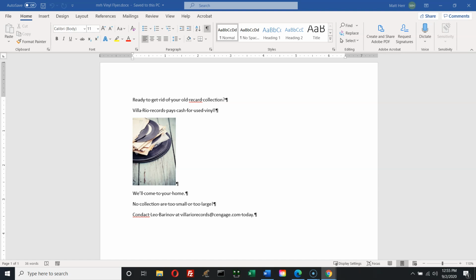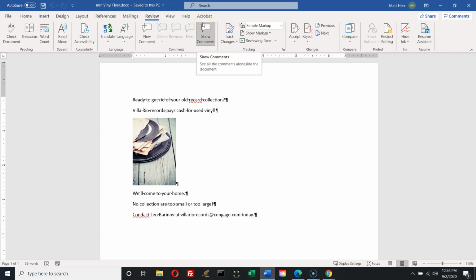I'm going down to check the Vinyl Flyer document for spelling and grammatical errors. So it says to press the Control and the Home key if you have those keys on your computer. Great. If not, go all the way to the top of your document to the left of the capital letter R for Ready. And on the ribbon, go to the Review tab. And in the Proofing group,